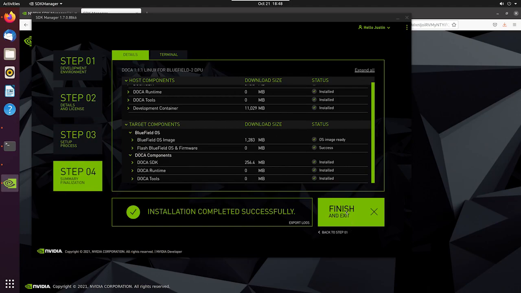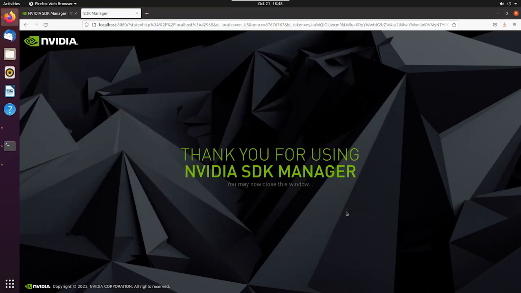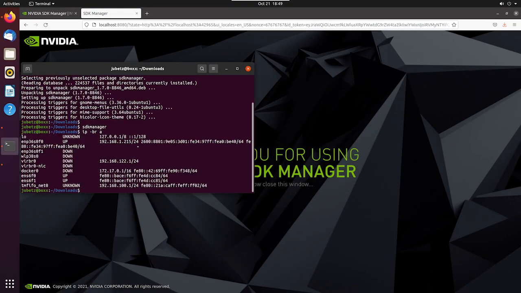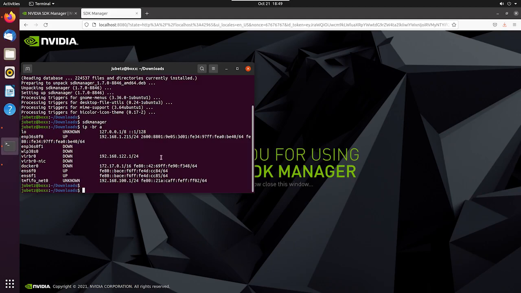Once the installation is complete, click Finish and Exit to close SDK Manager. If we bring up a terminal now, we'll see that we have our rshim tmfifo_net0 interface present and configured with an IP address, and we can log into the DPU